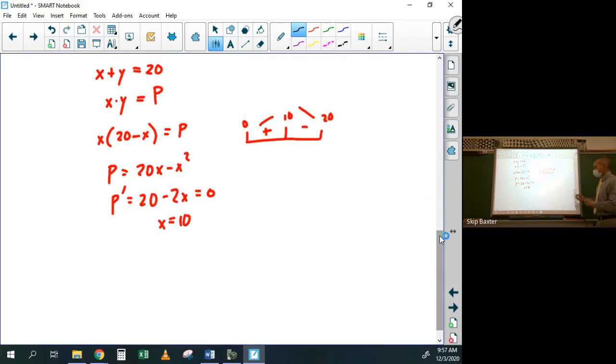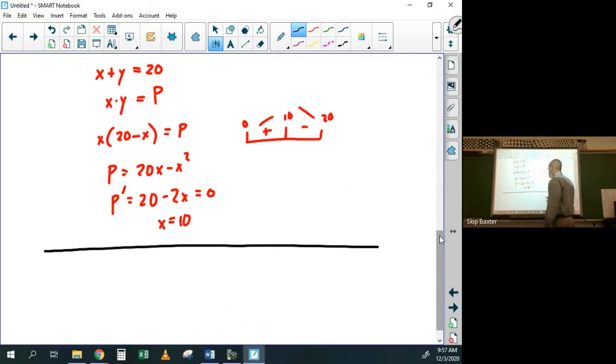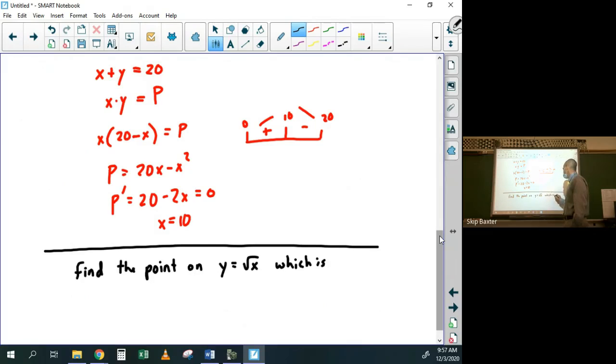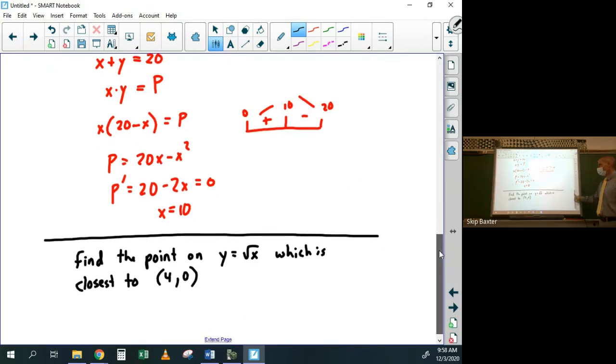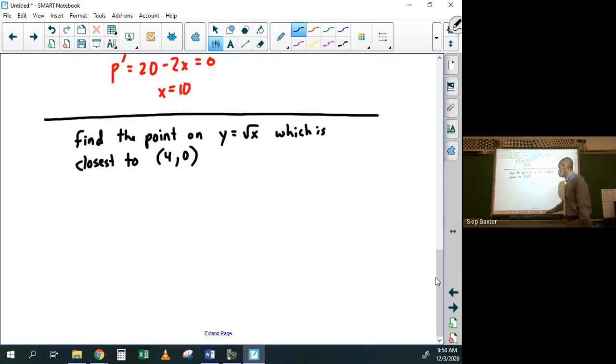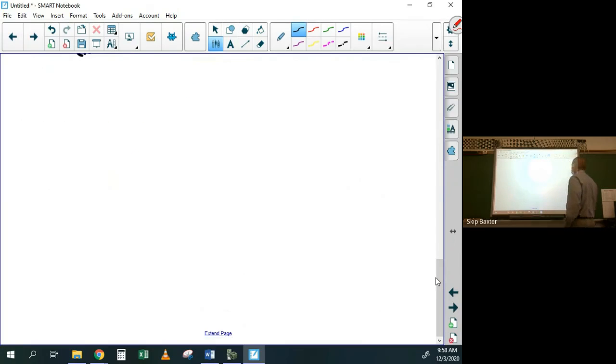I'm just going to scroll down a little. How about this? Find the point on y equals radical x which is closest to the point (4, 0). Can I scroll down now? Yeah. So the picture is,